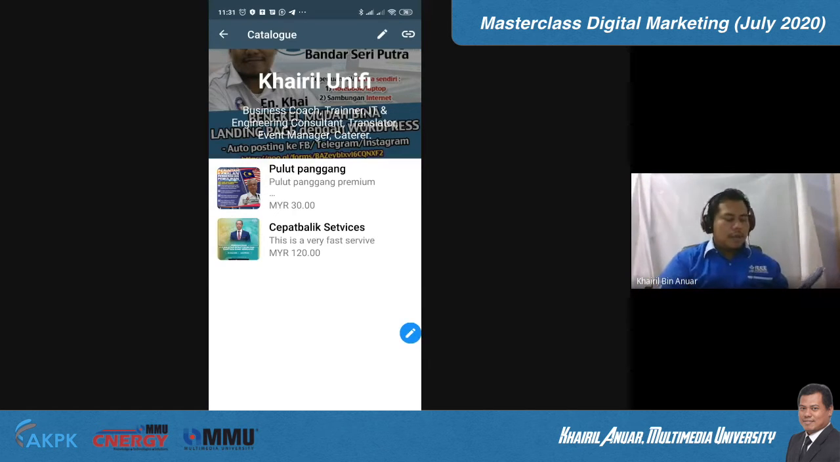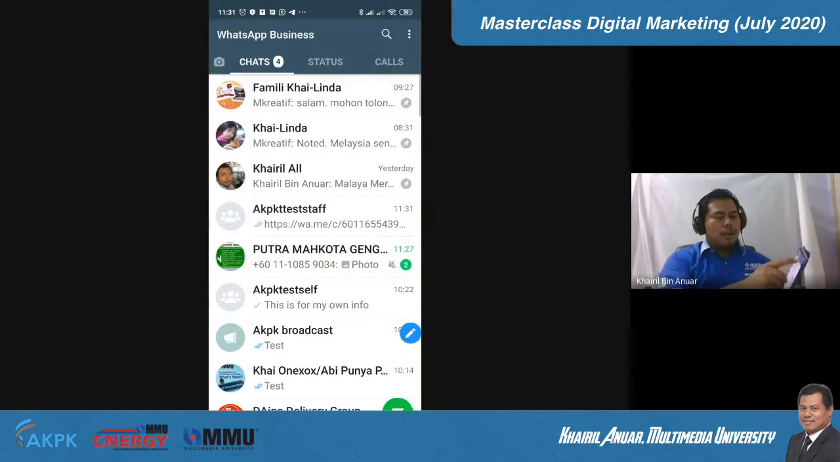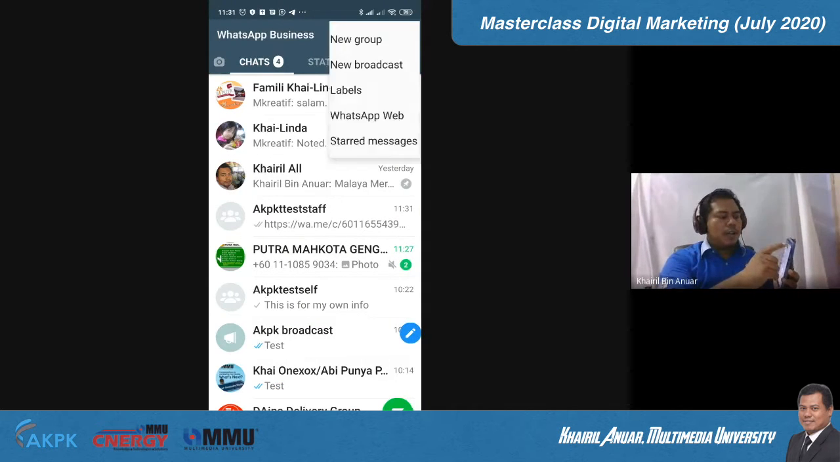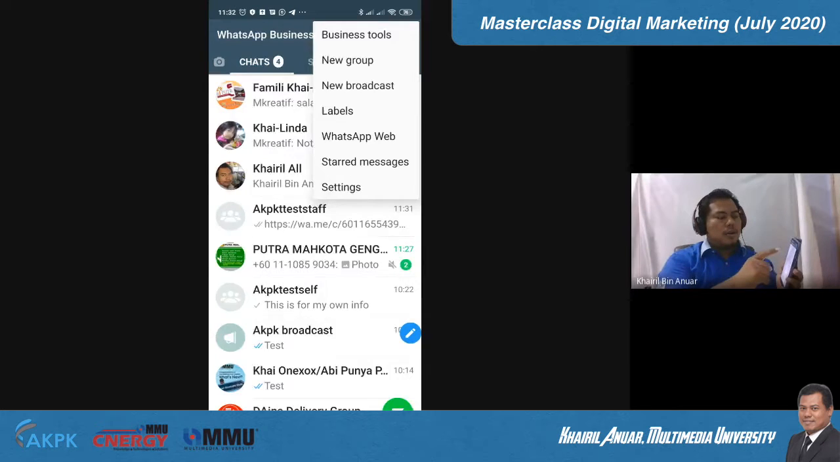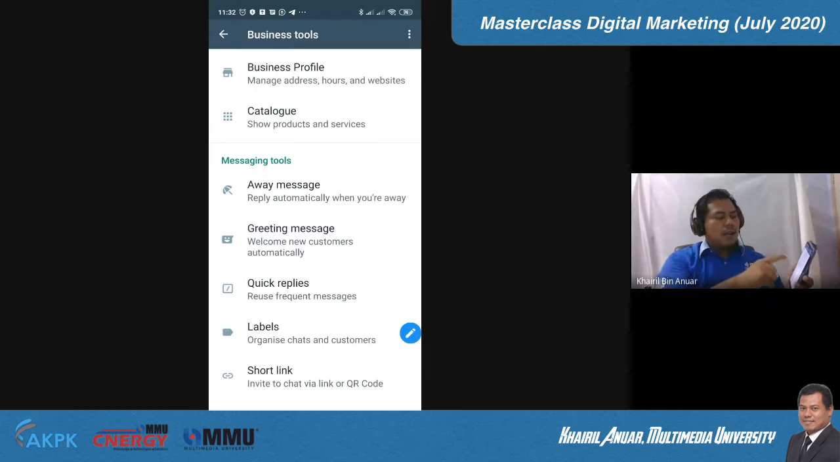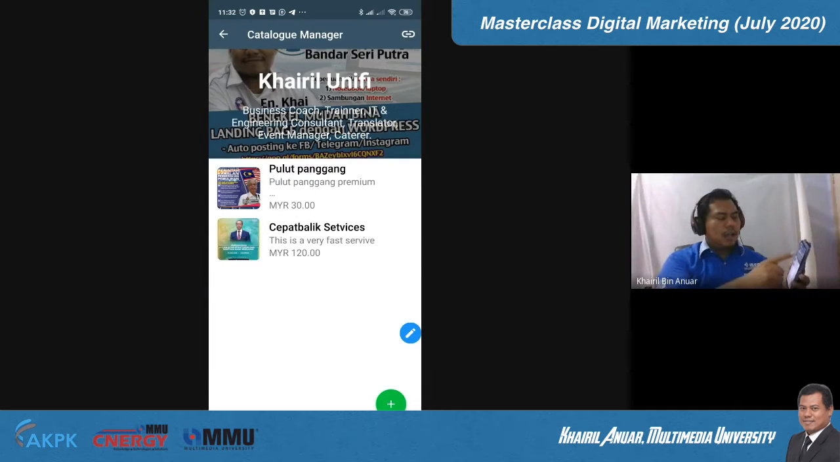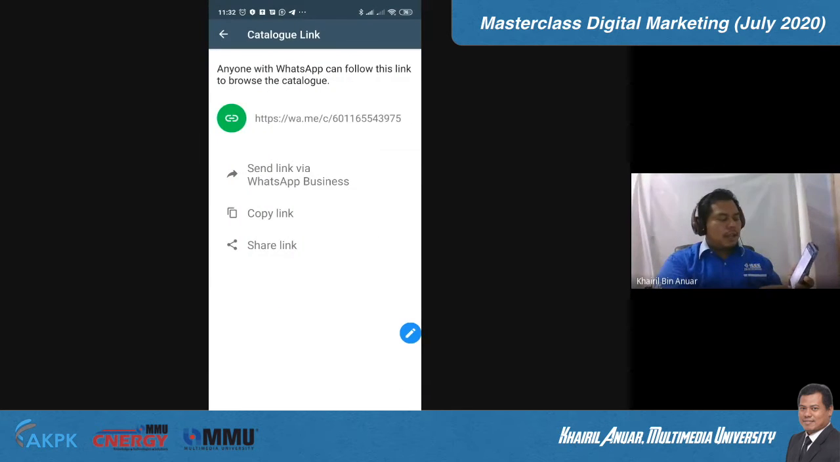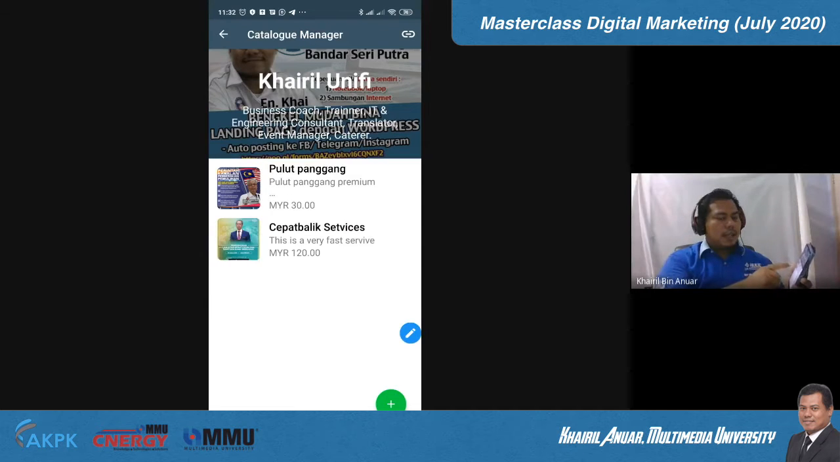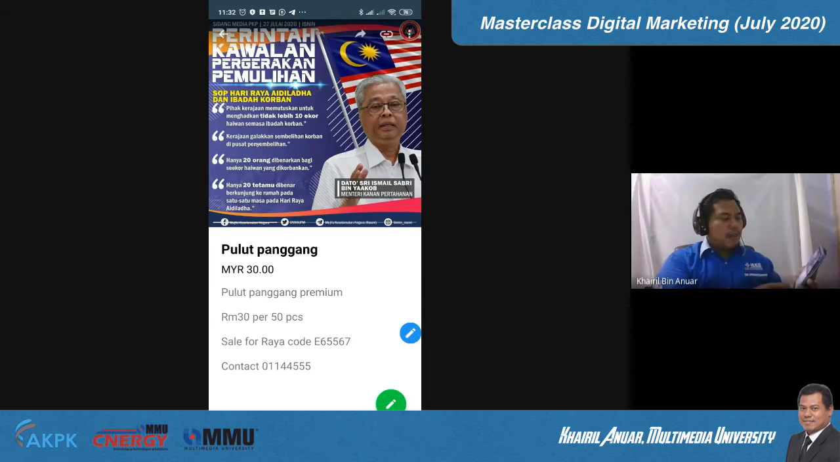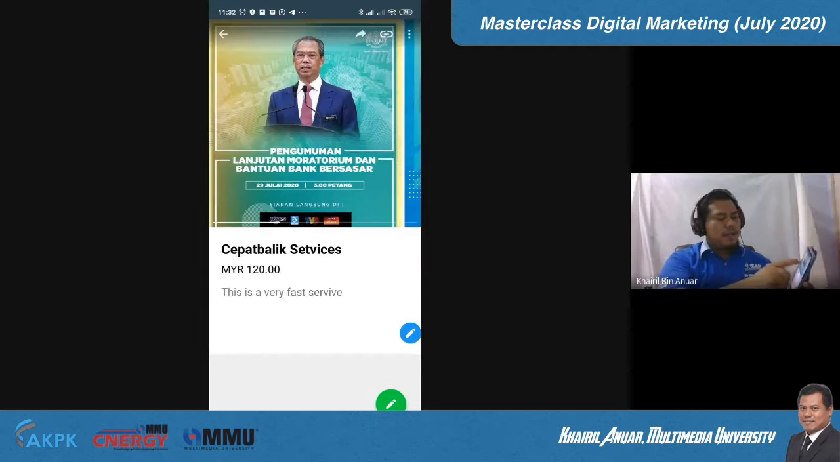So we are talking about the menu. If you click the triple dot, there's a business tool. So we are talking about business tools. I've already shared about creating a business profile. Now we are on catalog. So add catalog, and then we copy the catalog so that people can go to that catalog. If you want to have an individual product, say this Cepat Balik services, you can also